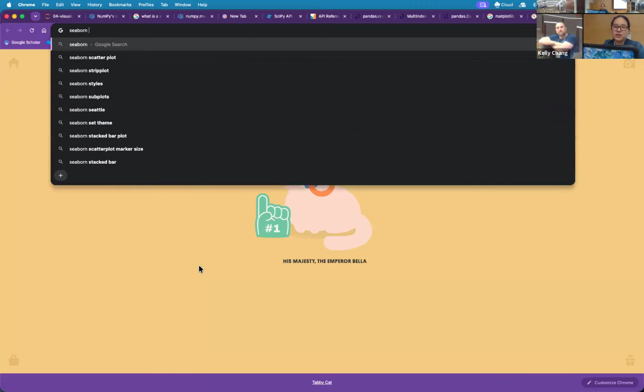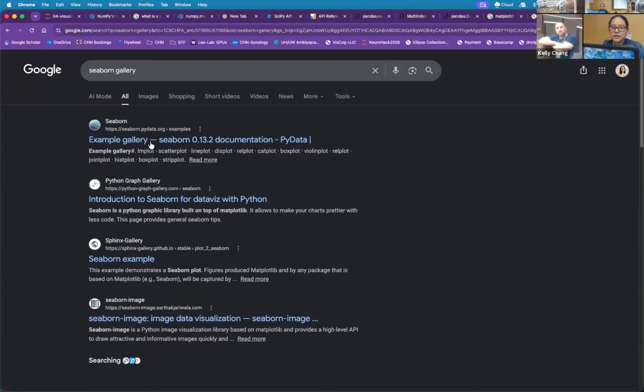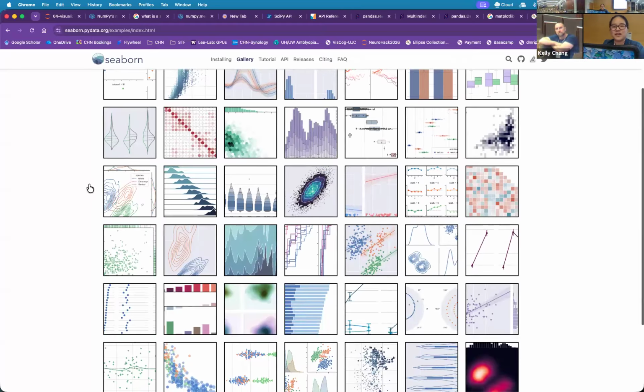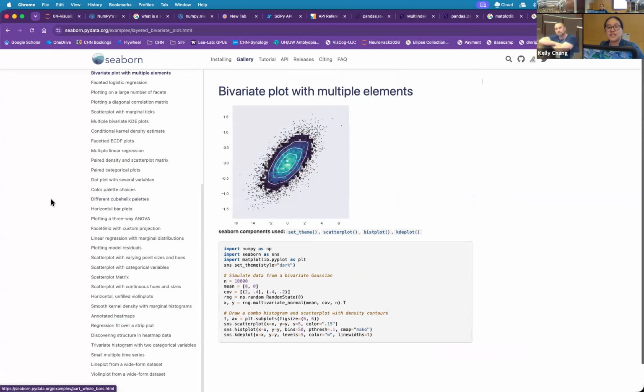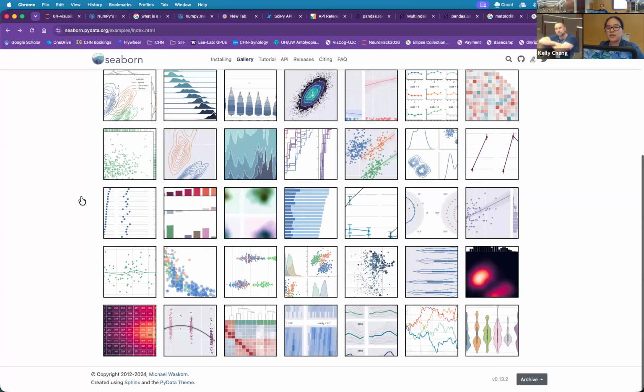Seaborn also has galleries for this too. Example galleries are a little bit fancier looking. Seaborn has also a very clear aesthetic. So if you want to match their kind of aesthetic or their kind of formatting, right? If you're into kerning or letter spacing, they have their own kind of aesthetic built in. Here are some examples. They do really great heat maps. They do really great correlation plots, density plots like this in 2D. Again, look at the galleries, look at what people post online.